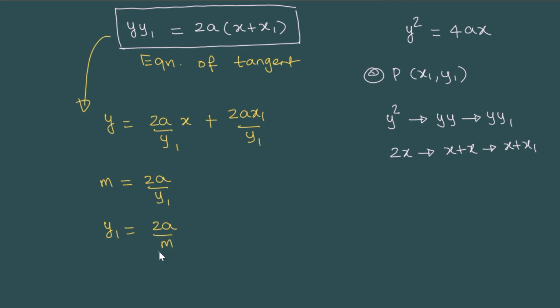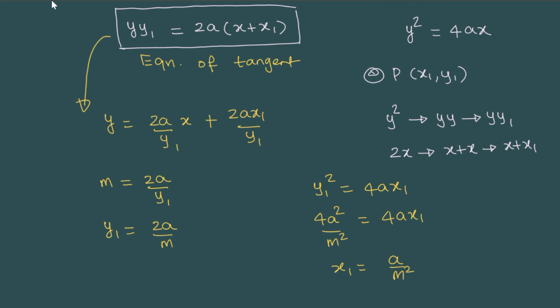And then again, since we are looking at the tangent at this coordinate p, which of course satisfies the parabola, we have y1 square is 4ax1. Okay, so if I substitute y1, I have 4a square by m square is 4ax1. So from here we are getting x1 as a by m square. Okay, so x1 is a by m square. So that means